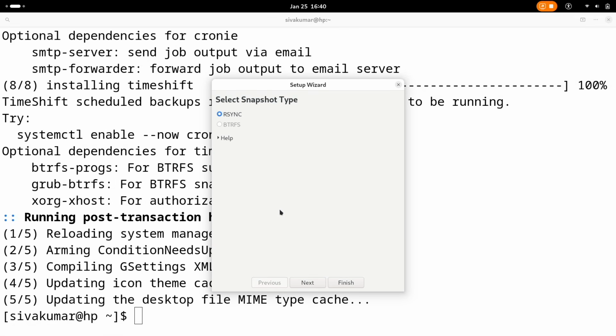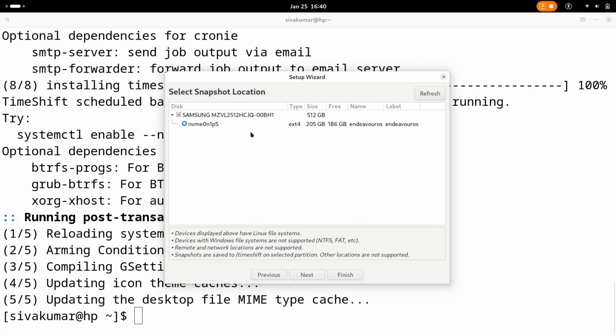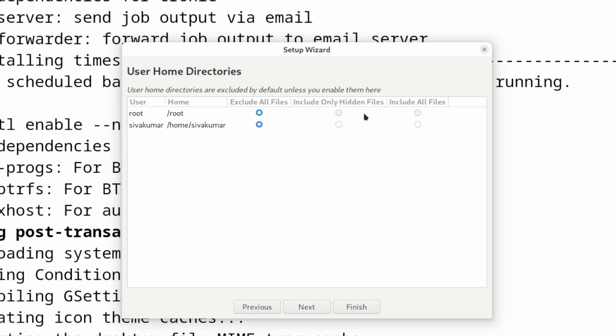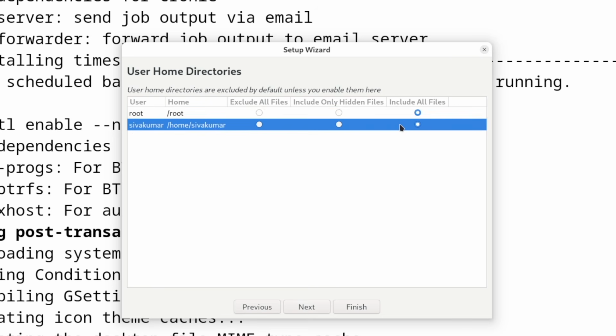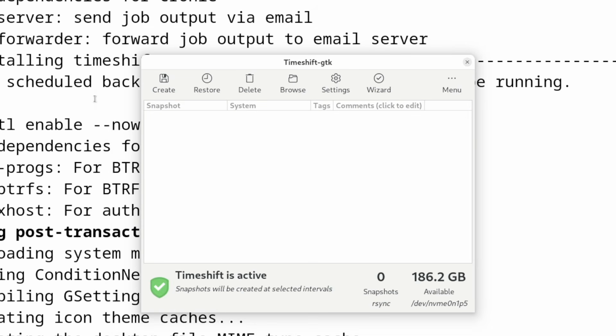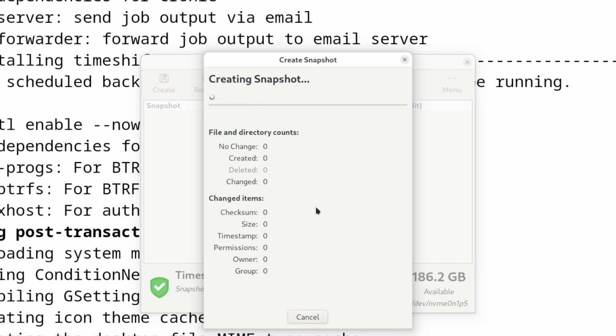Then launch Timeshift and create a backup of your entire root system and home directories. This backup will be used to restore if anything goes wrong after installing the macOS theme. Now go ahead and click on Create to save a snapshot of your current system state.